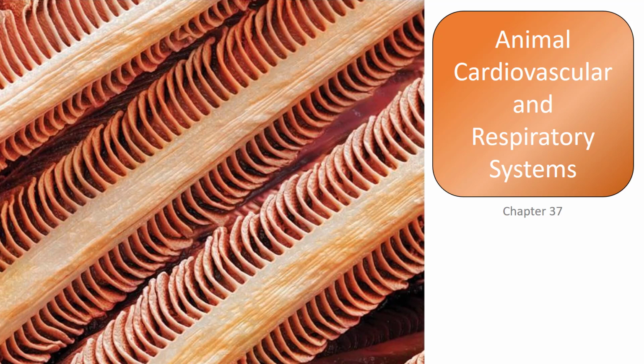Welcome to the topic of the animal cardiovascular and respiratory systems. The core concepts that we'll cover in this lecture include the dependence of respiration and circulation on diffusion over short distances and bulk flow over long distances, the respiratory function of providing oxygen and eliminating carbon dioxide in support of cellular metabolism, the role of red blood cells in producing hemoglobin, which greatly increases the amount of oxygen transported by